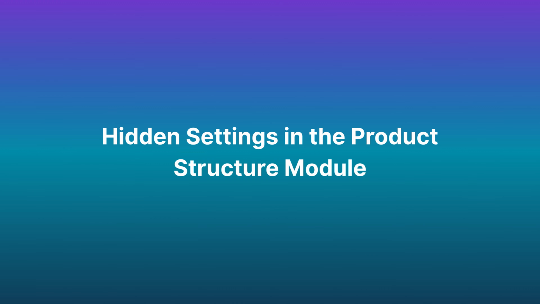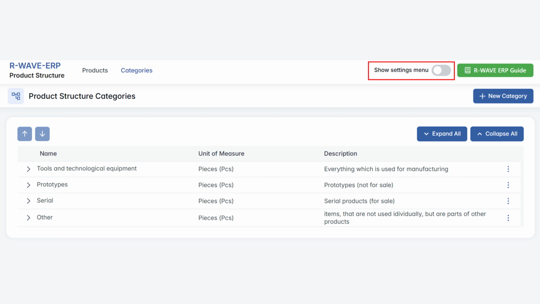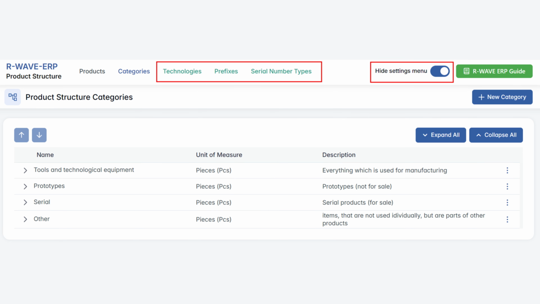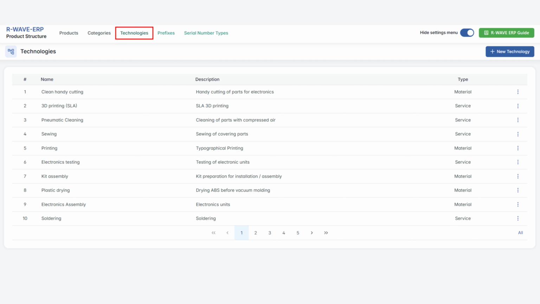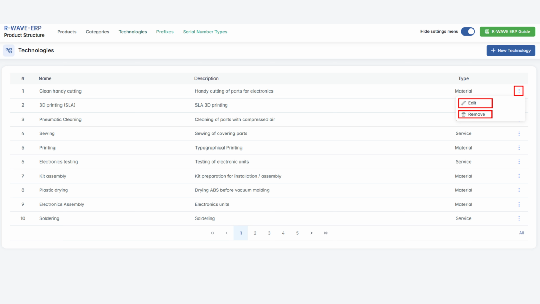Hidden settings in the product structure module, to support deeper configuration and better standardization of your manufacturing logic. This section allows you to manage critical reference data: technologies, prefixes, and serial number types. Viewing and managing technologies: name, the operation title; description, a short explanation of the process; type, either material or service. Each row includes a three-dot menu with the following options: edit, modify the name, description, or type; remove, delete the